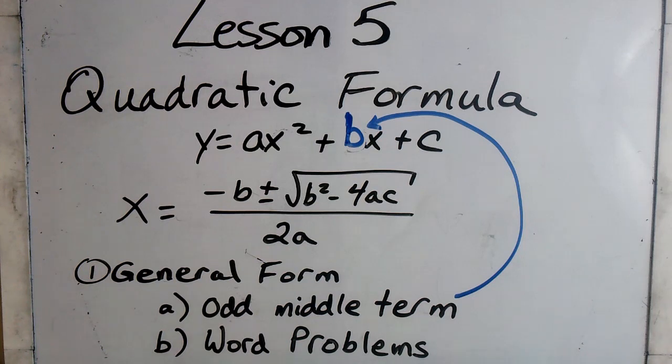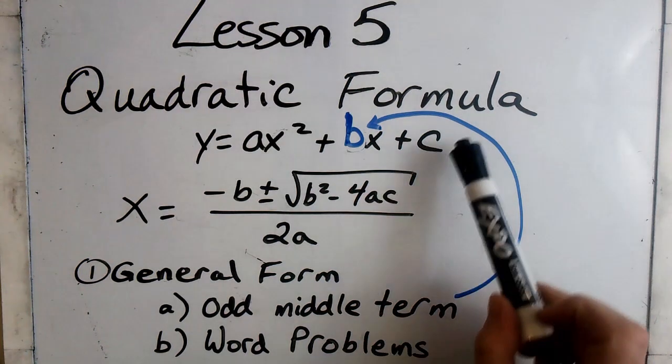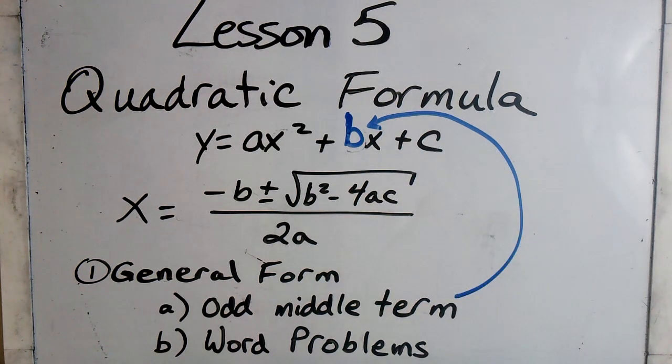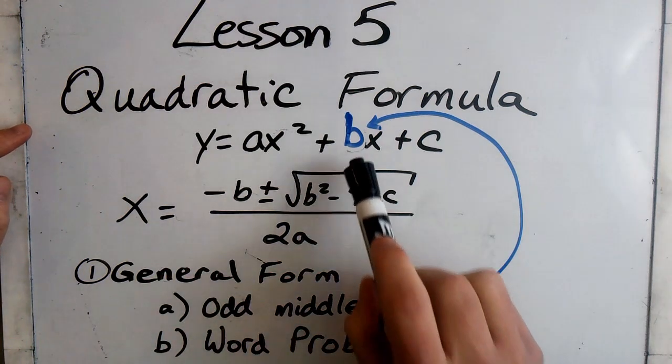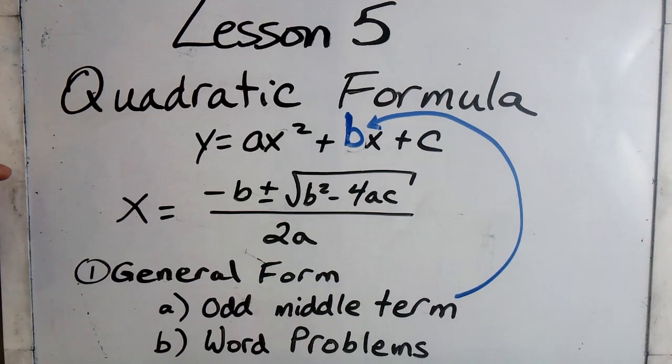So we've already learned how to complete the square. And I said for complete the square, it's always better with an even middle term. We don't get any fractions. If you have an odd term, the quadratic formula is actually an easier method. You can use both for both options, but if there's an odd middle term, the b is odd, we can